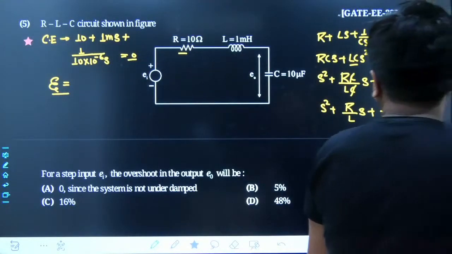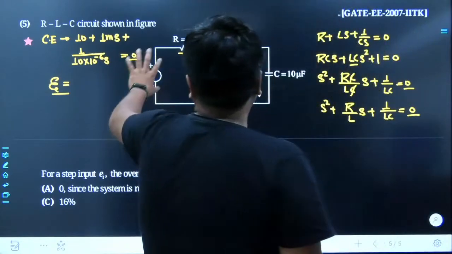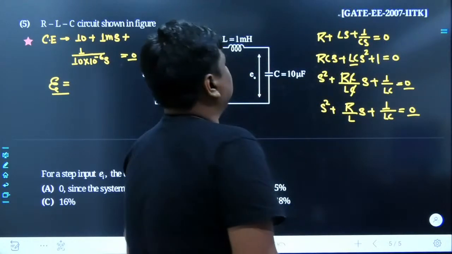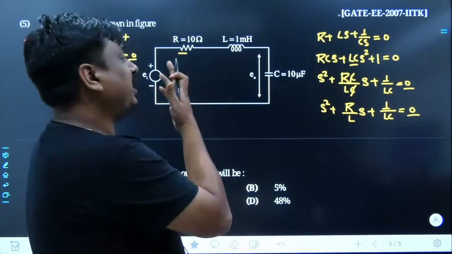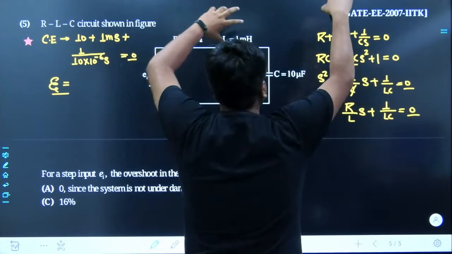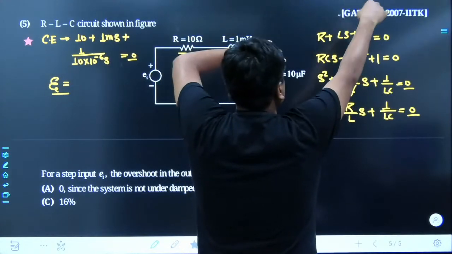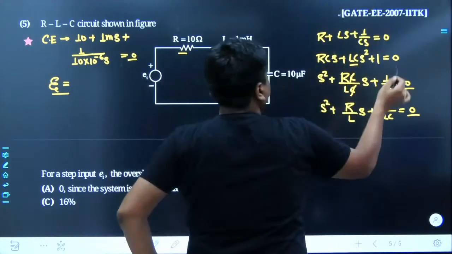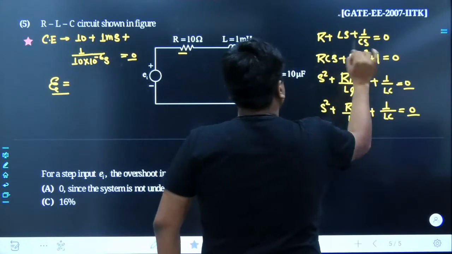Yes, no? Why have I been doing so? Because here we had the complex values of L and C, so deliberately I don't want to waste my brain as well as time. What I am saying is, the impedance offered by the resistance is R, the impedance offered by the L is Ls, the impedance offered by the capacitance is 1 upon Cs, and now we would take the LCM on both sides.